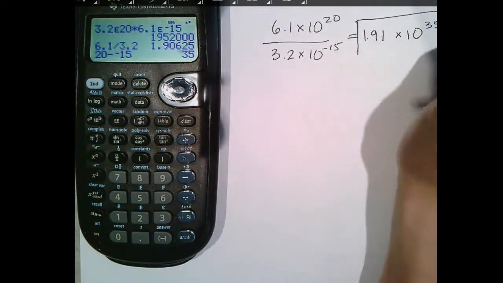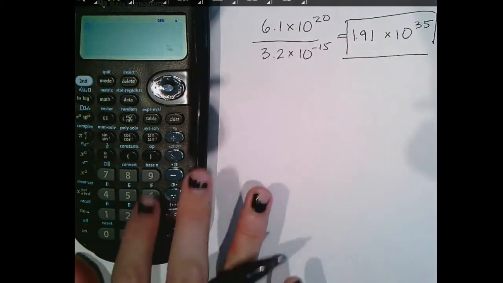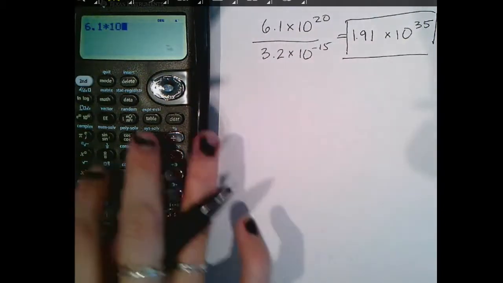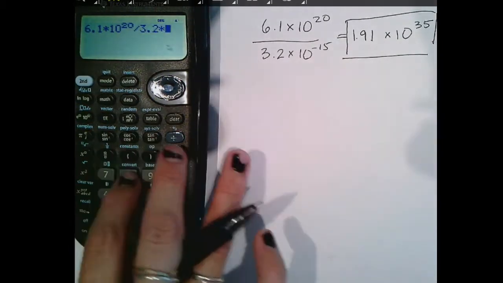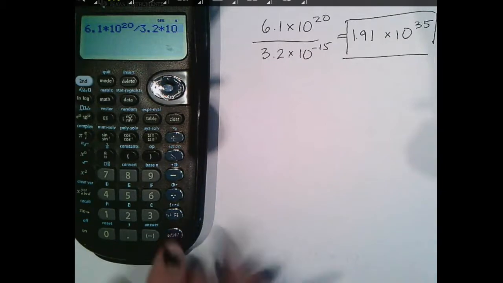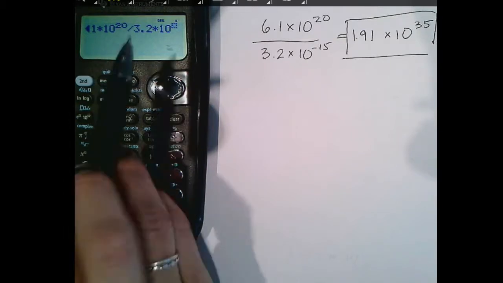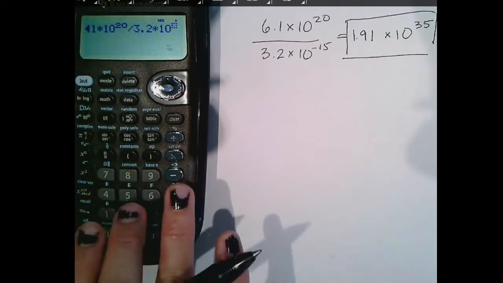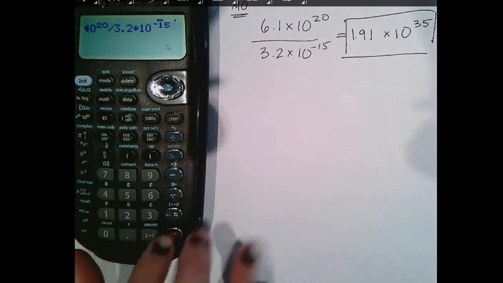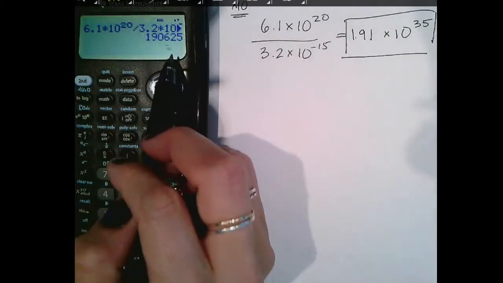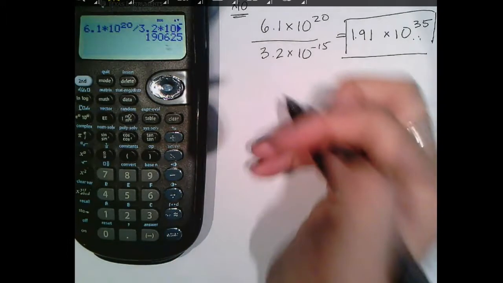This is the answer. Now, if we try to do this in our calculator all at once, what it would look like is this. If we did it without the actual E button, something like this, divided by 3.2, times 10, and actually there is a button in the TI, I think it's the 30, maybe, I don't remember which one that is. It looks kind of like this, but it's white and like a bluer color. That one is even worse because it actually has a times 10 to the button, but it actually acts just like this, so you can get in trouble with it. So look, this is not 10 to the 35. 10 to the 35 would have an absolute crap ton of zeros. So what happened with what I just did